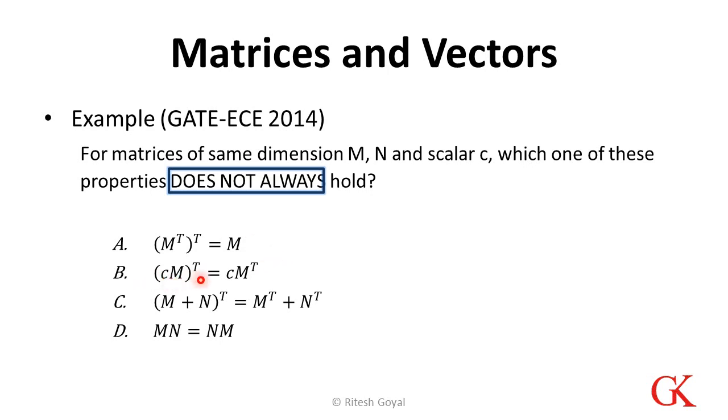When we say CM transpose, it's a scalar multiplication to a matrix. When we transpose a scalar, it remains the same, and the order of multiplication with a scalar doesn't matter. In that case, if we open up the transpose, it becomes C times M transpose and it looks good. Basically it's good. Same way we have M plus N transpose. There are two matrices getting added and we want to have a transpose.